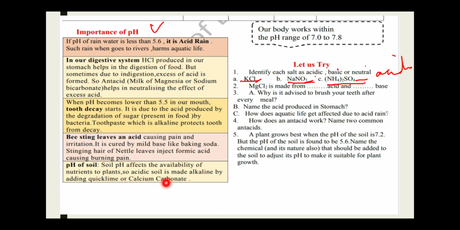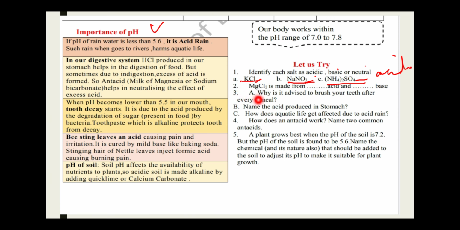उसके लिए हमें पहले ये पता होना चाहिए कि हमारी सॉइल, जिस मिट्टी के अंदर हम प्लांट्स लगा रहे हैं, उसका पीएच कितना है. If we start testing it in the lab, then we'll get to know what is the pH of your soil in which you are growing your plants, and then you can add accordingly that amount of quicklime or calcium carbonate.